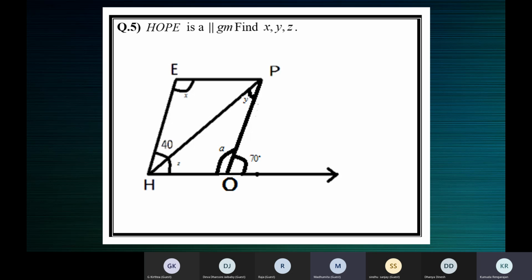Okay, we'll put it like this. A plus Y plus Z is equal to 180. Under A, we are going to say 110. 110 plus Y, we do not know, plus Z. We found Z, right? What's the measure of Z? It's 30 degrees. On working this, you can find the value of Y.